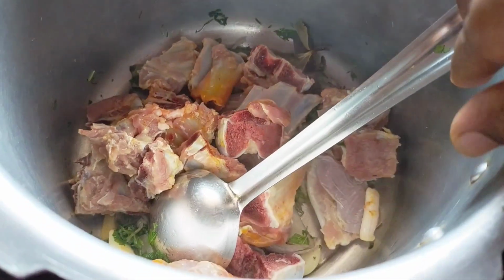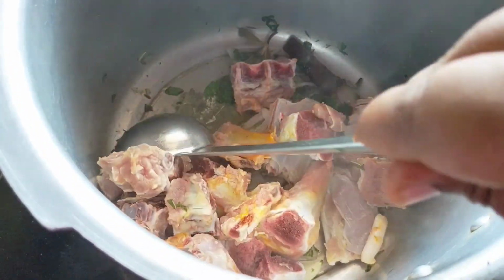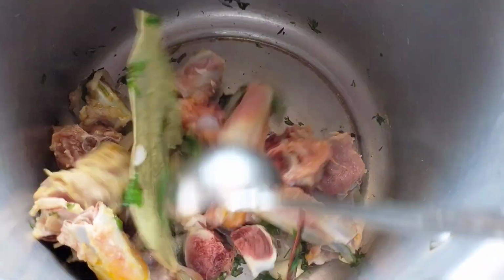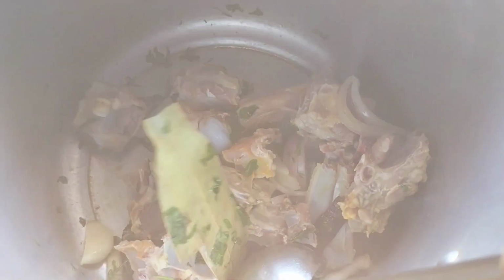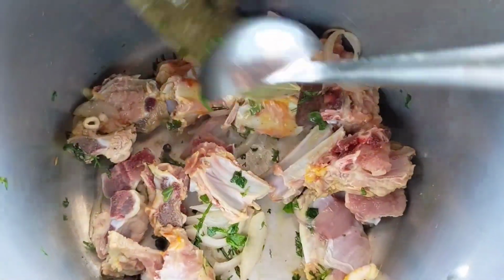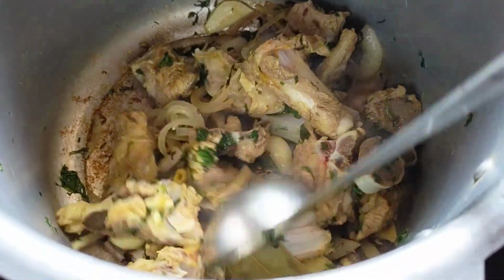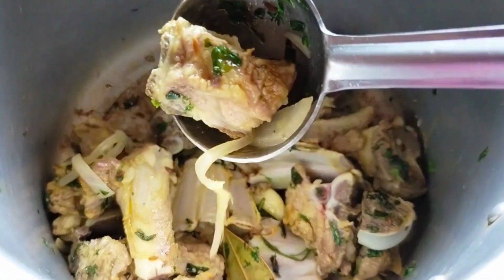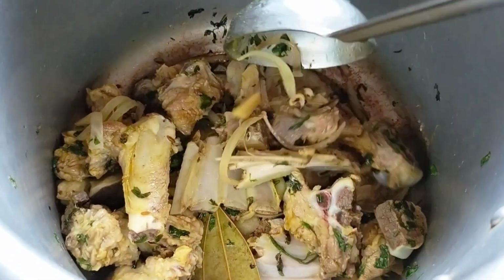Now we will add the washed and kept mutton in it, and we can cook by itself without adding any water for approx 4 to 5 minutes. Keep it in low flame so that it won't stick to the pan. After 4 to 5 minutes, this is how our mutton should look. Now let's add the chopped tomatoes